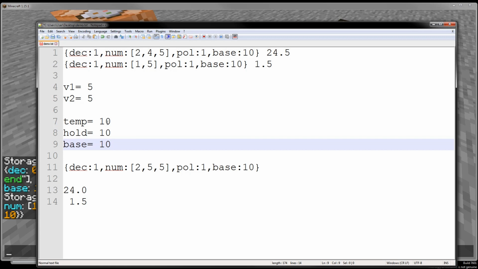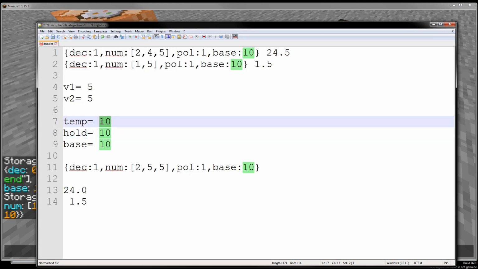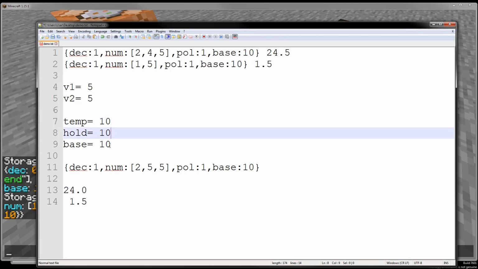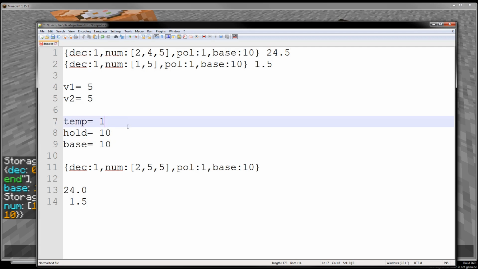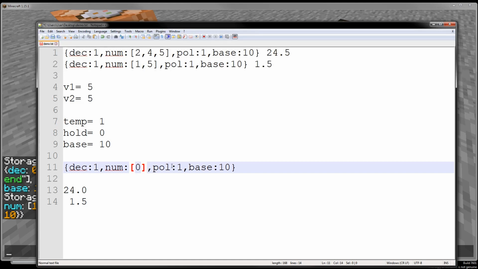So what I do is I remove the base value from the hold value. Actually, what I do first is I take and carry the 1 over to my temp value. So my temp value becomes 1, and then from my hold value I remove 10 because that's my base value, and then I get 0. So what I do then is I append or prepend my 0 onto the list, and then next I am adding